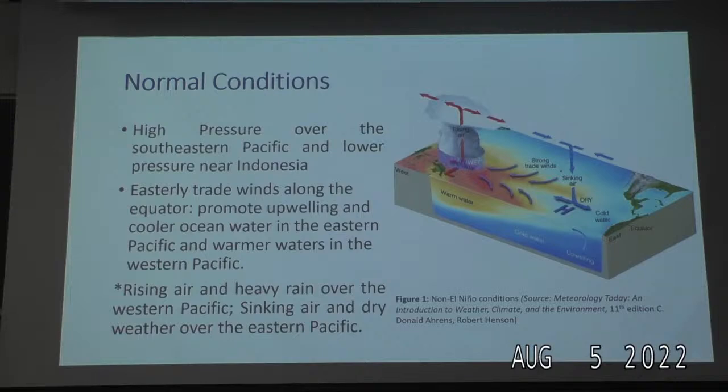And heavy rain is going to be there at the west of the Pacific Ocean. And when we are having rising air, we are going to have also sinking air at the east of the Pacific region of the coast. And now that we know a little more about the normal conditions, which in general are the Walker circulation,